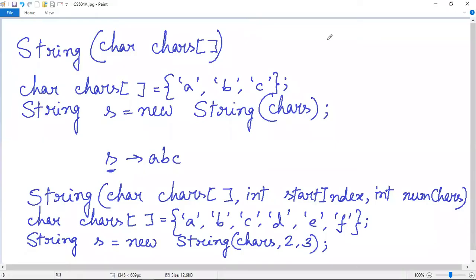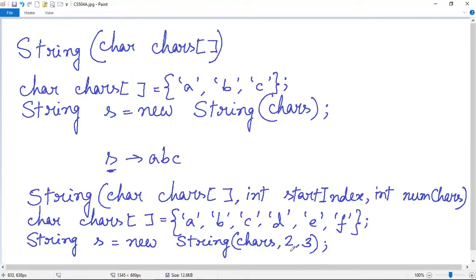So I have written a small piece of code. I have not written the full code here. You can see that this chars is a character array which contains these 6 characters. That means the size of the character array chars is 6. And these are the single characters that are there as values or elements of the character array. Then we have created an instance of the string class using this reference variable S. And this is the constructor where we have passed the array itself, which is the chars array.